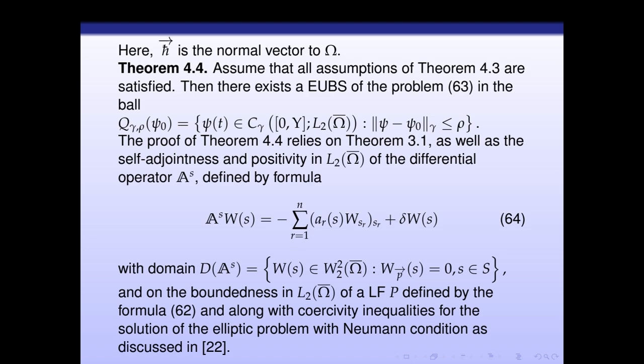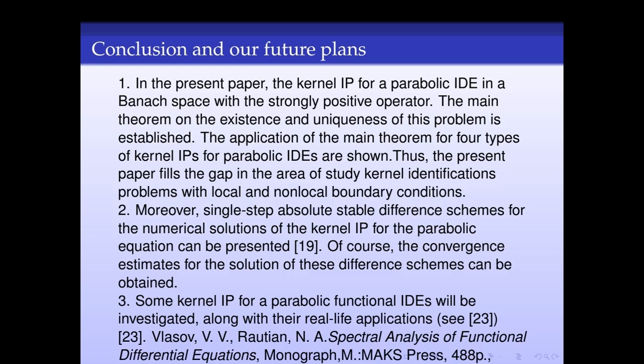So the first part is about our results, and second about our plans. But we consider here one new concept about existence and uniqueness of the parabolic kernel identification problem, parabolic integral differential equation in Banach space with applications. And next, our idea is the construction and investigation of single step, absolutely stable difference schemes for numerical solution of the kernel identification problem for parabolic integral differential equations. But really, for parabolic equations, such type of high order accuracy difference schemes were constructed by